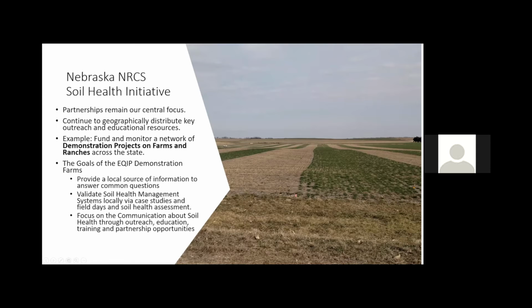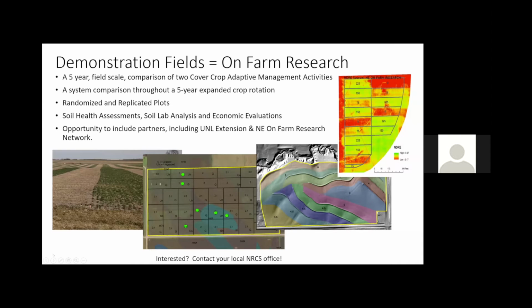We've funded these demonstration projects to provide a local source of information, to validate our soil health management systems locally, and to communicate about soil health and through those potential opportunities. So that's what we've done. We've demonstrated on the field level these management techniques, and I can't reiterate that enough. It's field scale, and that means it's real farming practices,